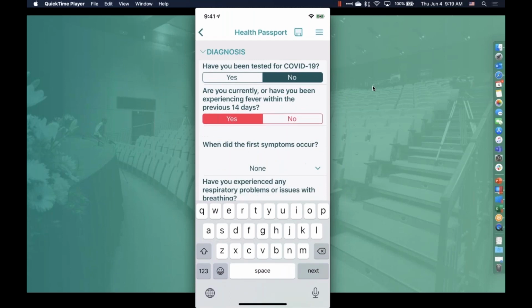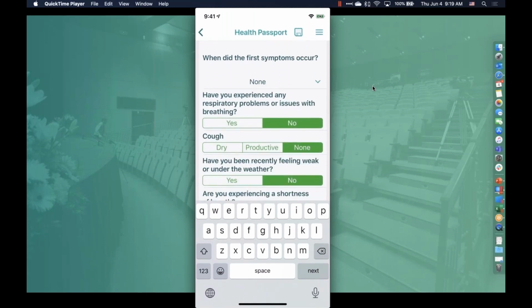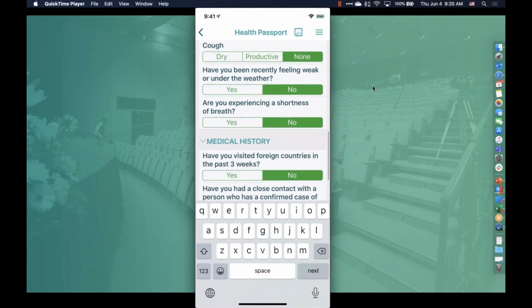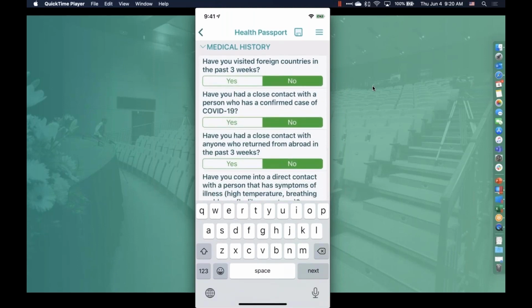Again, if I choose I had fever, we can roll out additional questions that will ask about when the first symptoms occurred, if there are any additional problems I'm experiencing with my respiratory system, more information about the cough, if I'm feeling weak, if I'm experiencing shortness of breath. Based on that, I can move on to the next section about the medical history, questions around my travel,